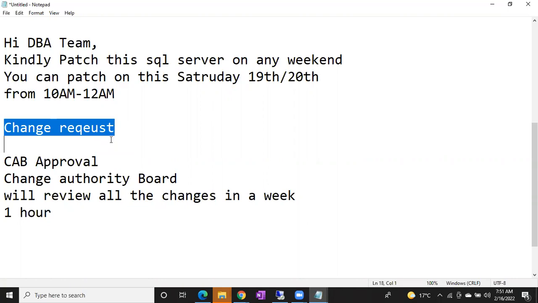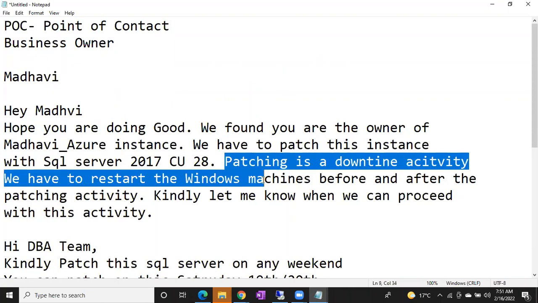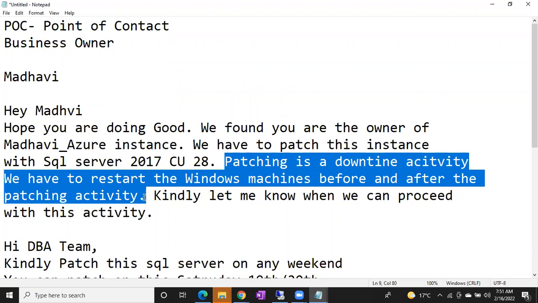This is the actual process, guys, including the emails we discussed. And you have to mention that patching needs a downtime activity. It's a downtime activity. You are going to restart the servers. This line is very important. Why? Because if I just say, I want to patch your server, tell me when we can patch the servers,